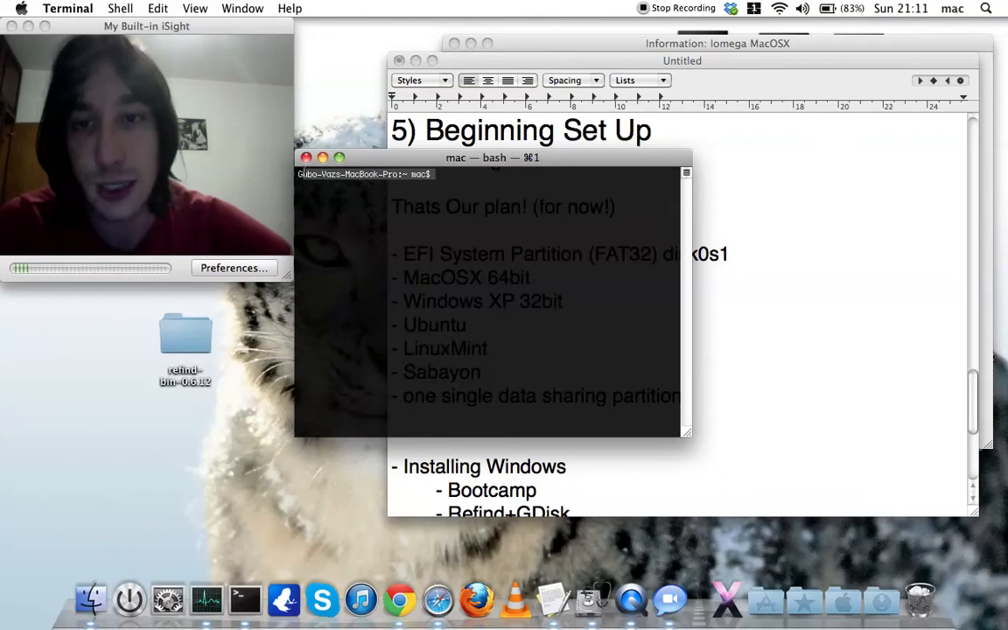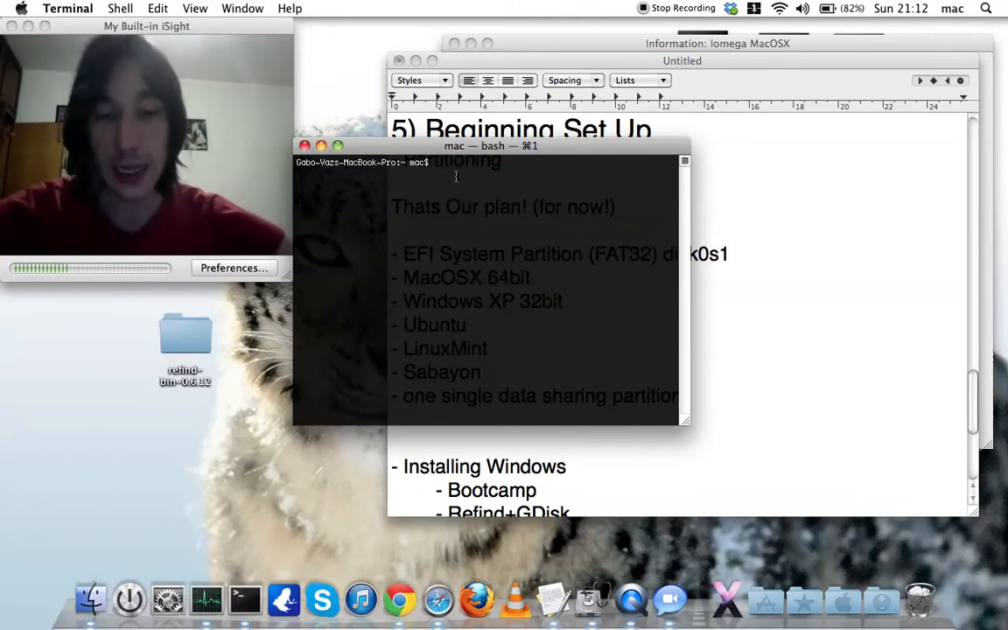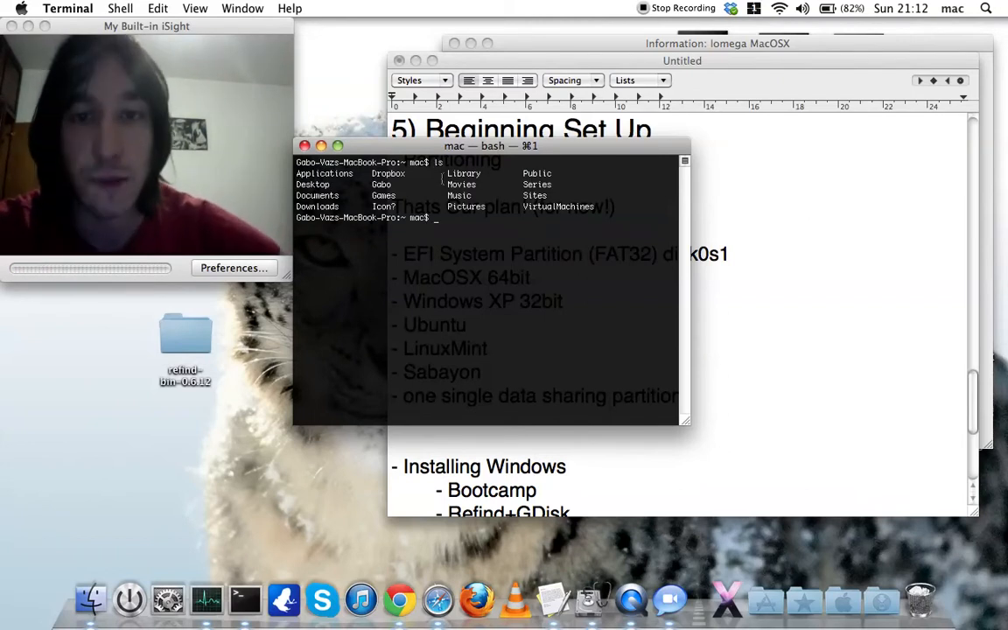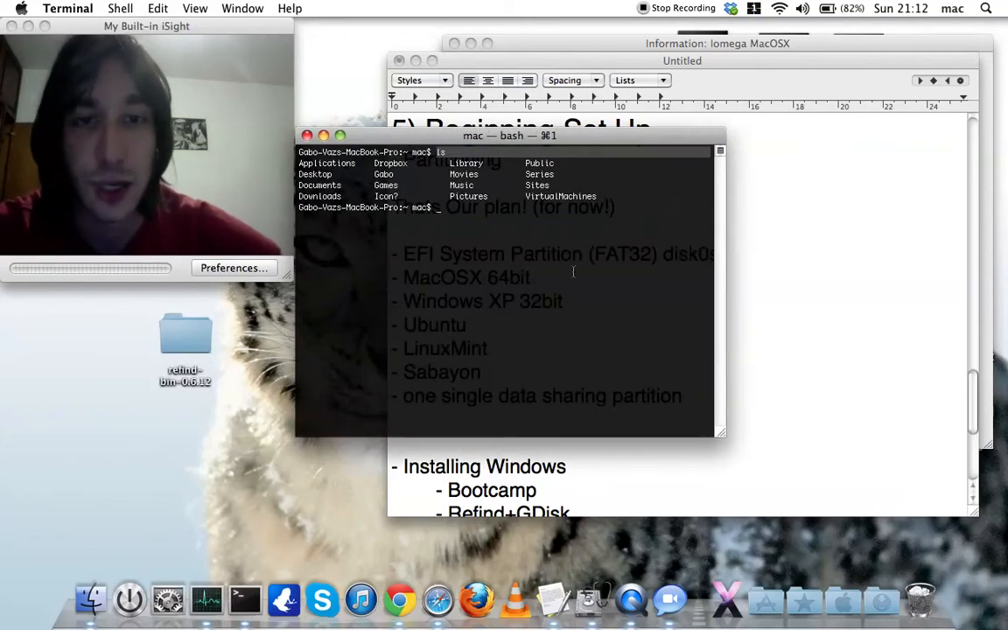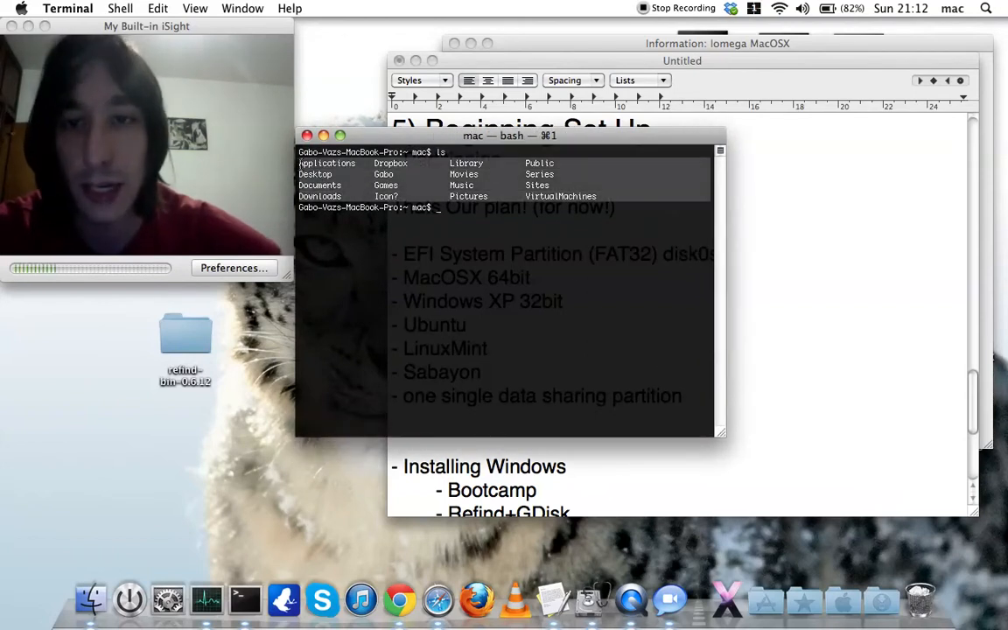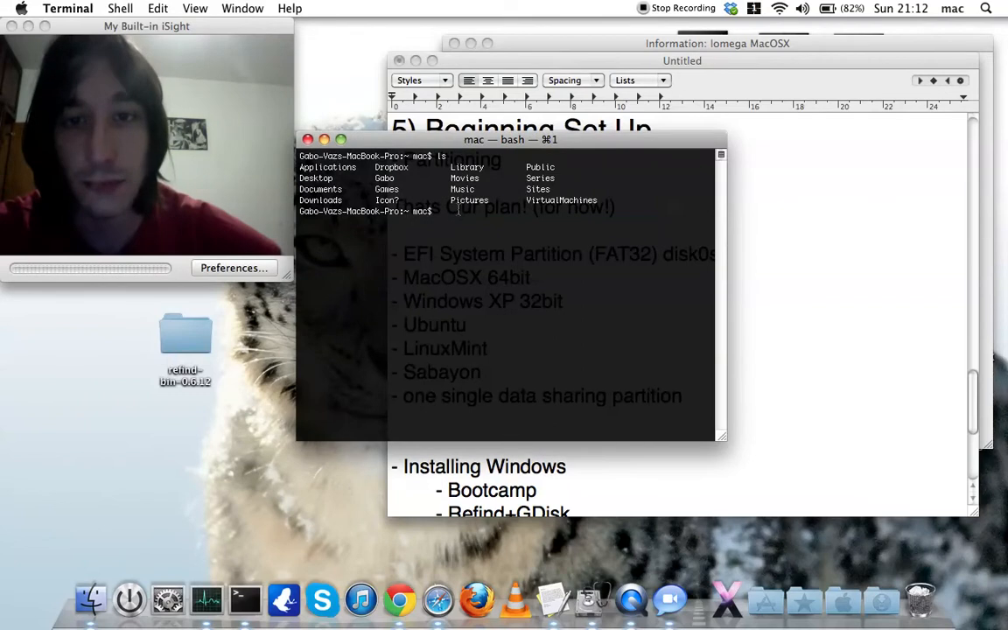As you can see, I'm logged in as Gabo, okay, on MacBook Pro, and I'm now on top of my home directory. Okay, so if I list it and use the ls command to do that, you can see all my stuff there. These are other directories. Okay, and